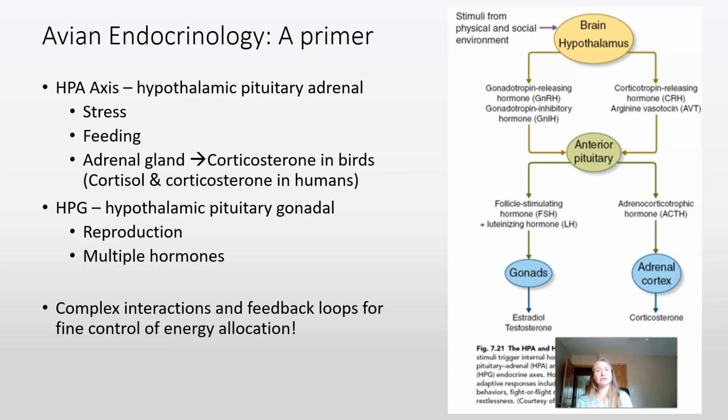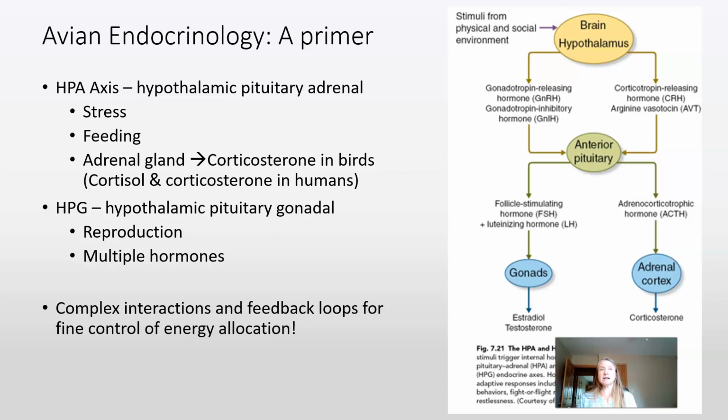In birds, they just have corticosterone, and this is released again by their adrenal gland, just like in us. But this corticosterone then is used for both stress and for feeding. If you have high corticosterone levels, it could be because you're stressed. You had some sort of stressor like a predator came by, or it could be because you are in a lower energy state, and that corticosterone then makes you go out and do more foraging.